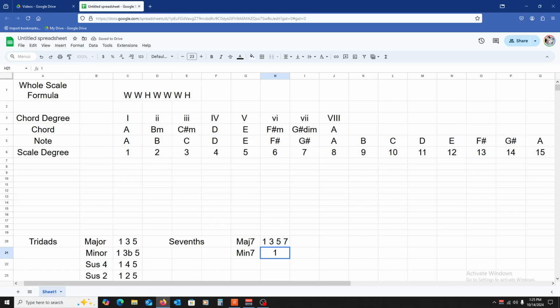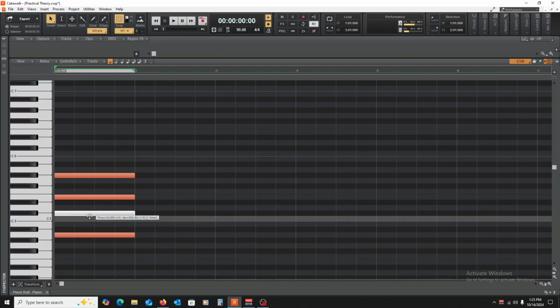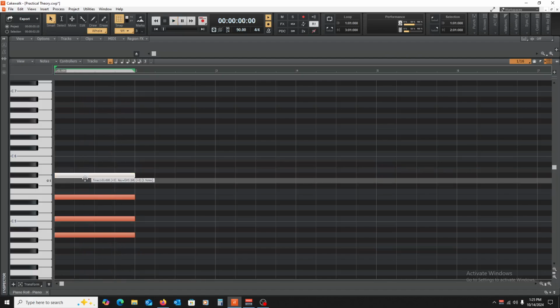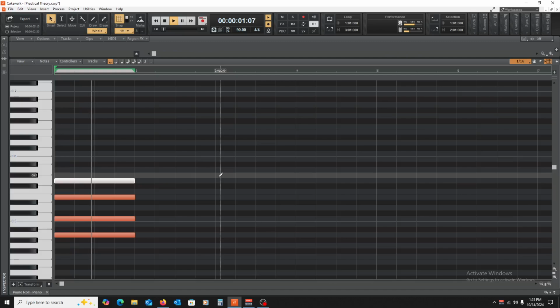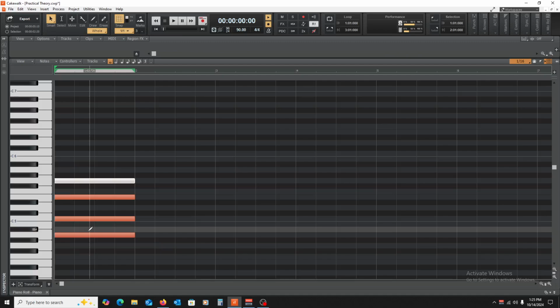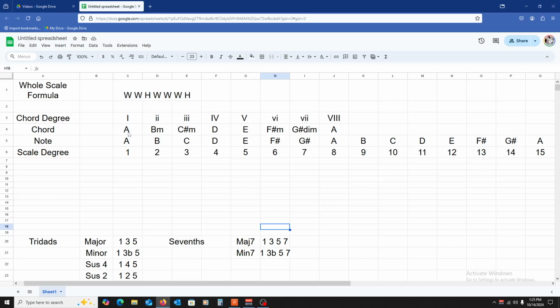In this case, it's going to be a 1, flat 3, a 5, and a 7. So if we wanted to make this a minor 7th chord, we would flat that. And then actually we would flat that as well. It actually works. There is no